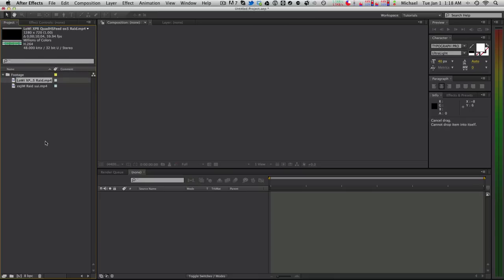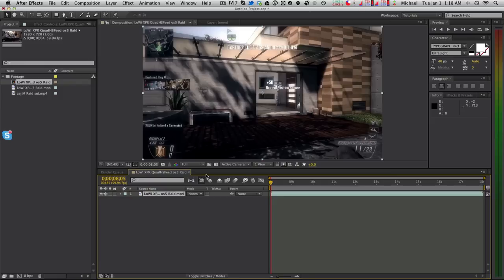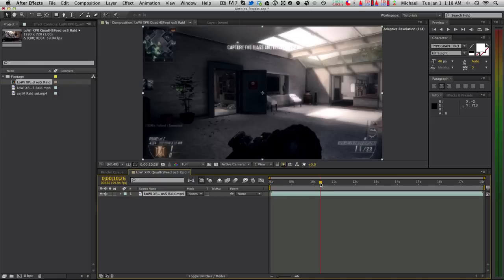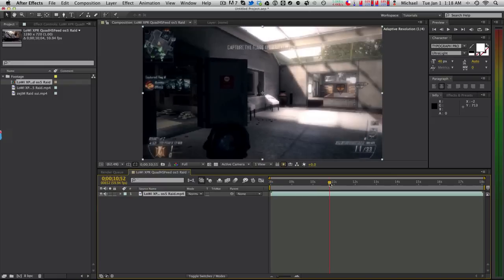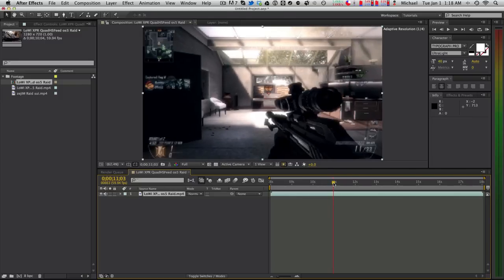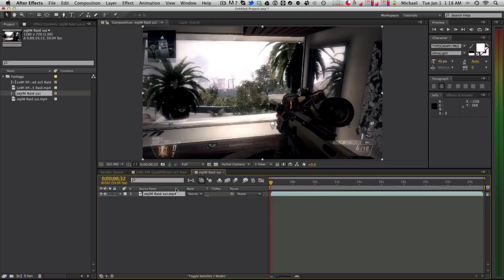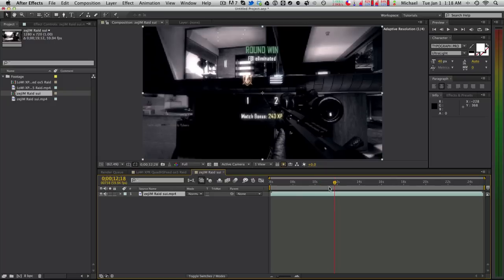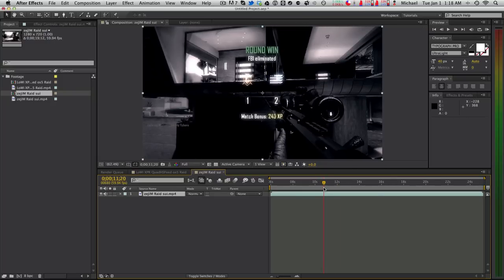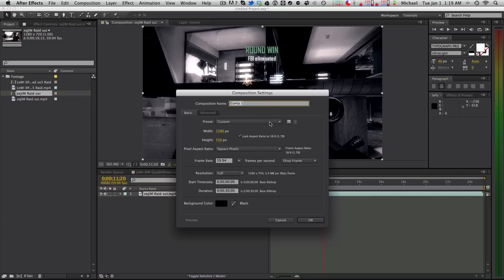Alright, pre-compose this one. Find where you want the transition to start. So about here, I want it to be done. So I'm gonna create a marker, pre-compose this one, and then find where I want it to start. About here is good. So now we're gonna create a new composition, name it displacement, and make it 30 seconds